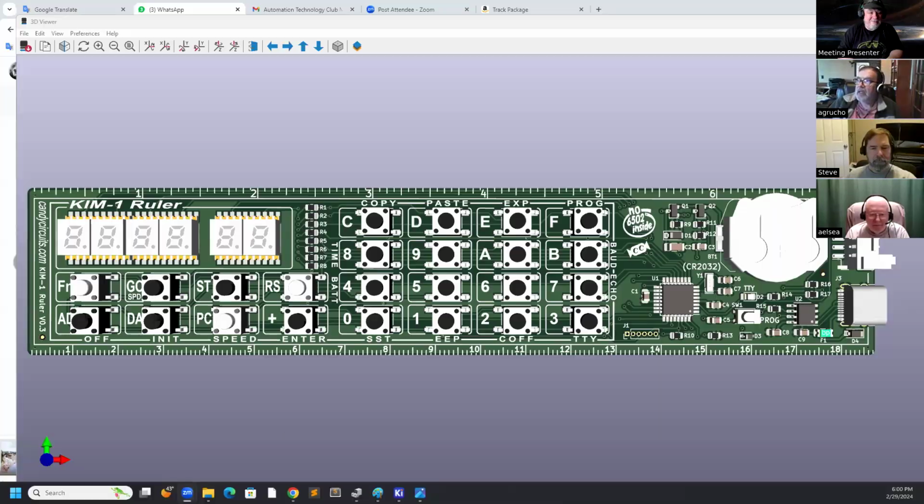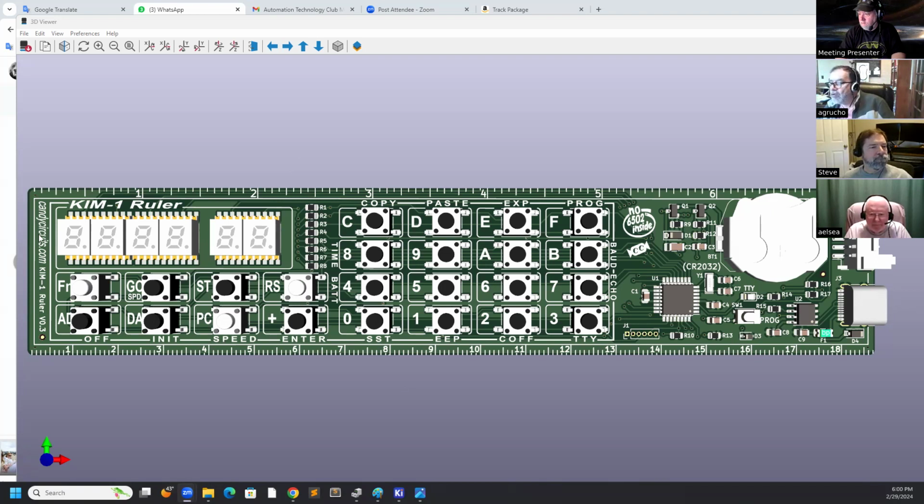I can share something. Let me share, where is share here? Have you got sharing enabled? It should be. There he goes. Okay. This is a ruler-sized replica of the Team 1, let's say, 6502 microprocessor from the 70s.